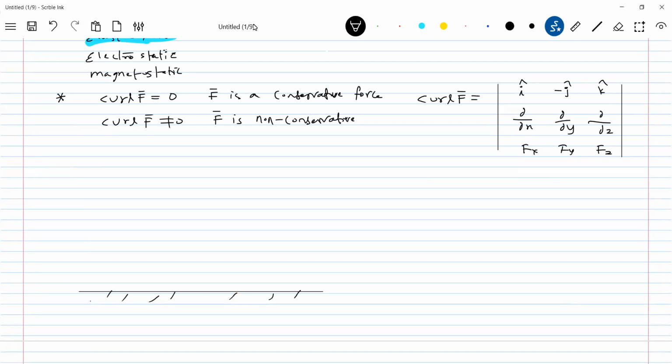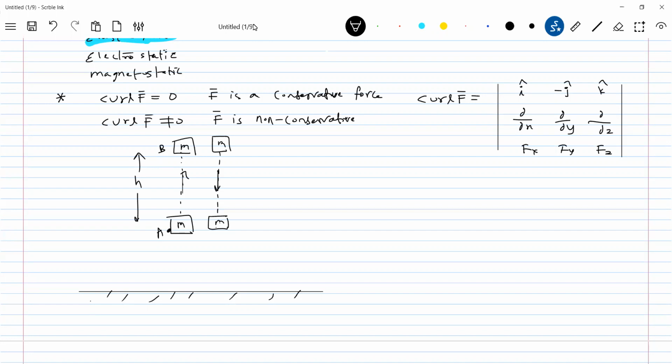The block is at point P1. So what I do, I will shift it up, then I will shift it down. So I'll move from, let's say, A to B, again back from B to A. So here it is shifted up, then shifted down. Let this distance be h.